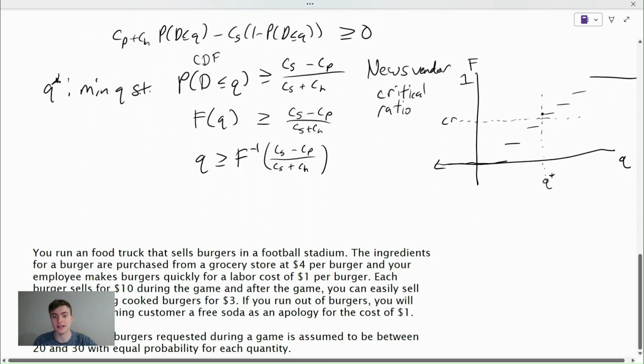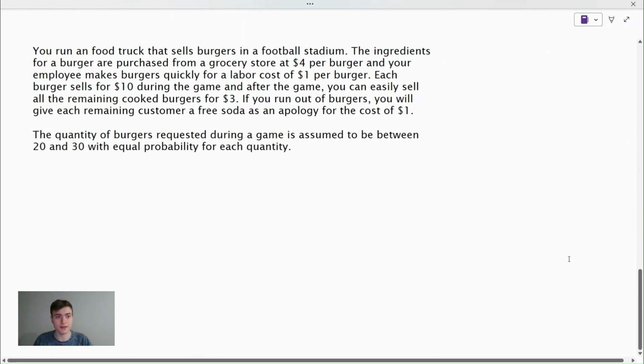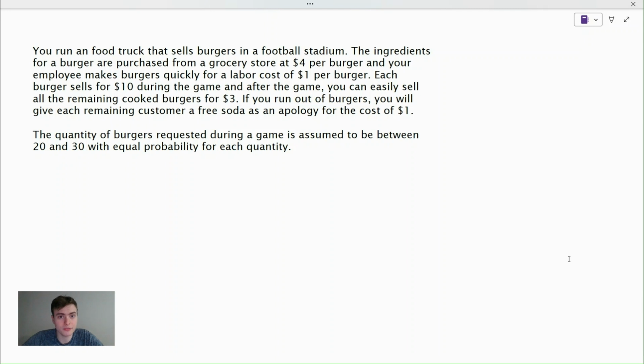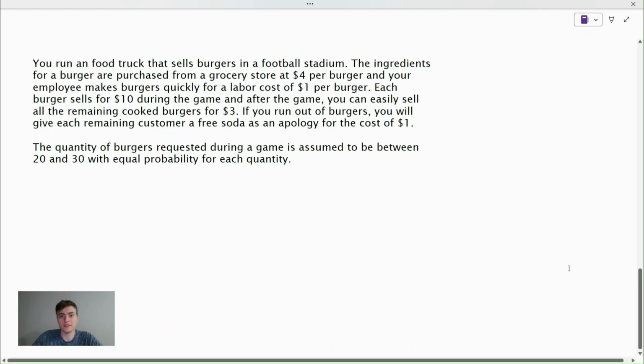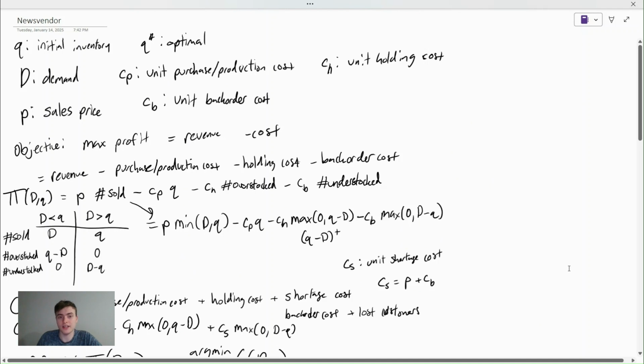And then let's jump down a second to where I've written an example. You run a food truck that sells burgers in a football stadium. The ingredients for a burger are purchased from a grocery store at $4 per burger, and your employee makes burgers quickly for a labor cost of $1 per burger. So already we see we're given just information about some scenario. We're trying to